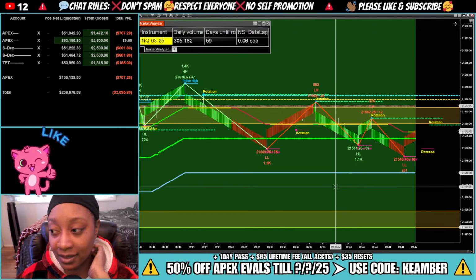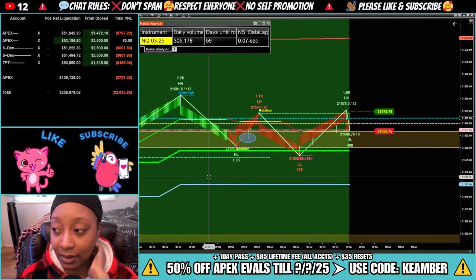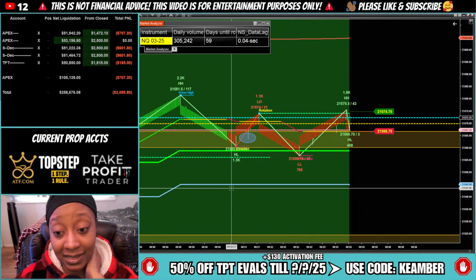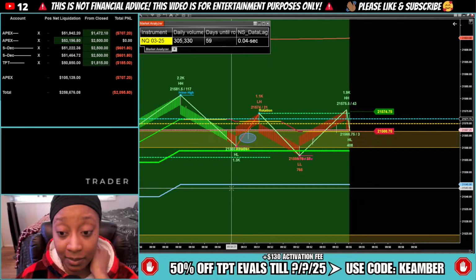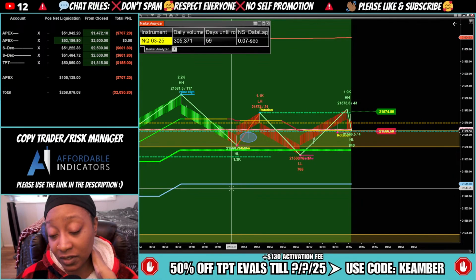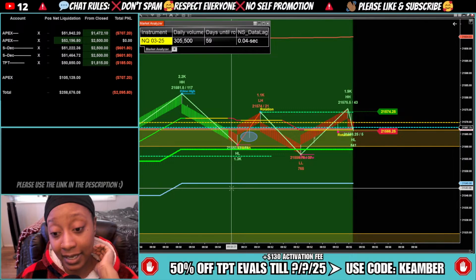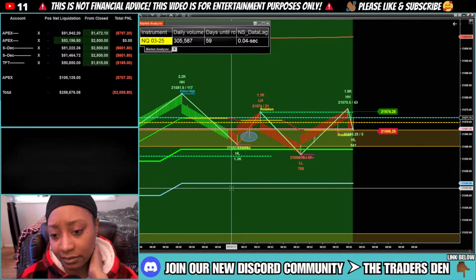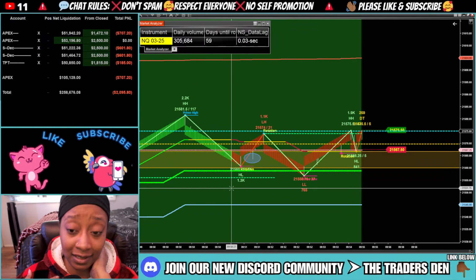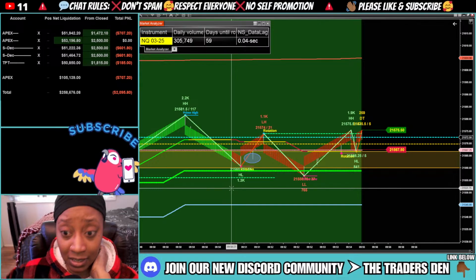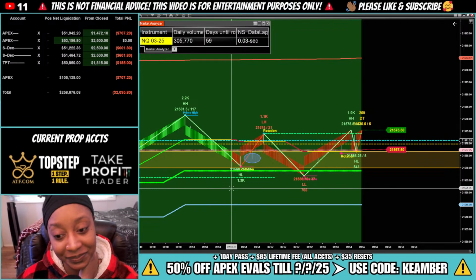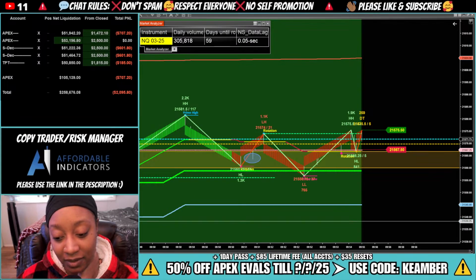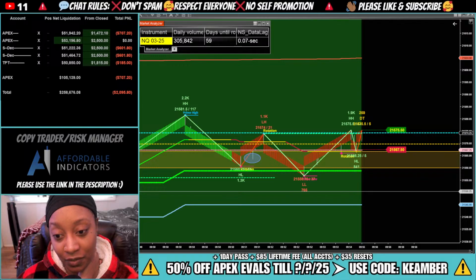So my next trade I lose, and for whatever reason right now my copier is not putting my stop loss in the correct place. So a lot of times I am losing like 40% more on the trade than I'm supposed to. And as a scalper, that's too much. My stop loss is 18 ticks, and a lot of times I'm stopping out at an extra 7 to 9 ticks. That's insane. And that's because I'm flattening. If I don't flatten it myself, it's going to go double. And so I'm a little angry right now, because I've been dealing with this for 2 weeks now, and I'm waiting on the company to fix it and figure out what's going on.